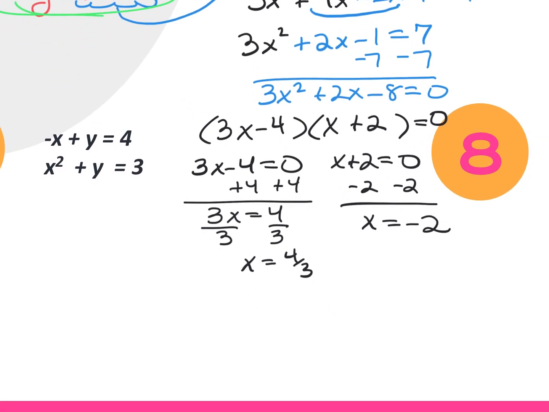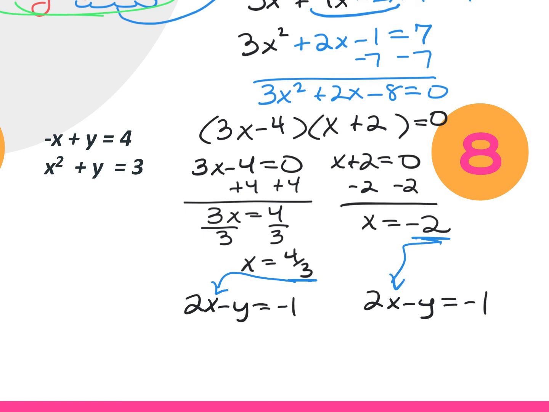Even though the rearranged looks easier, 2x minus 1 equals negative 1. I'm going to write it twice because I have two x values. Because again, remember, these two equations can touch in two places. So that's why I'm getting two ordered pairs here. So I'm taking what x equals, plugging it in,